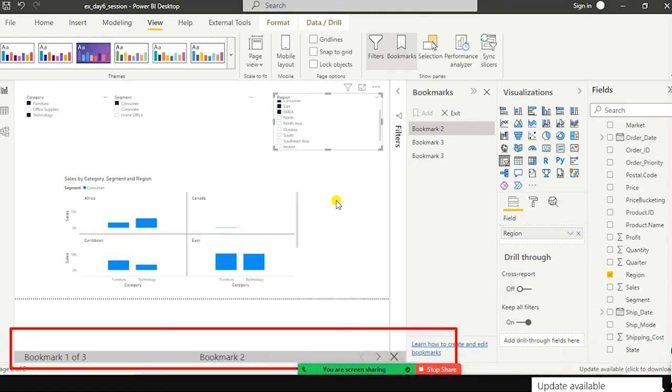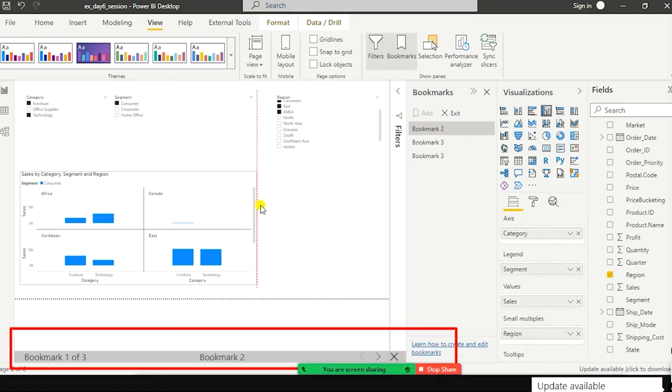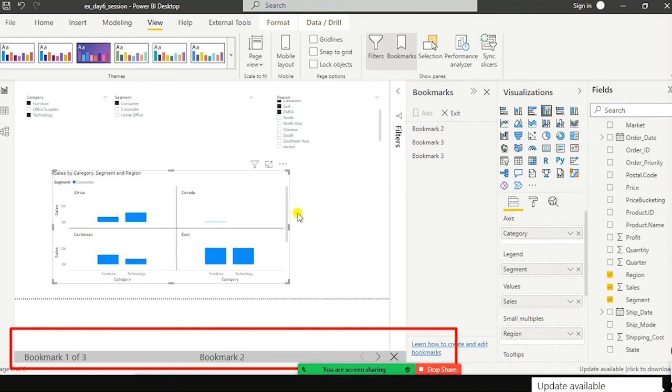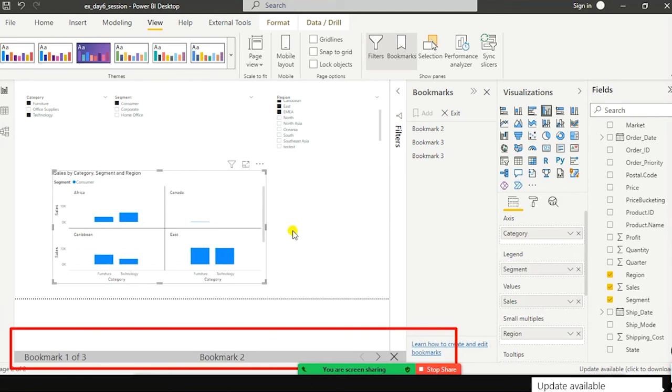So now you understood how powerful the bookmarks are, right? With bookmarks, you can give different perspectives, so you don't have to create multiple reports. Within a single report, we can enable the users to get different perspectives. Got it? And you can give some meaningful name here. So for example, if I click on bookmark 3, it shows the corporate segment furniture technology, or what you can do is you can give some name here. When you double click on it,